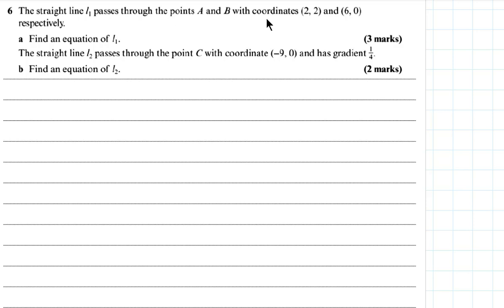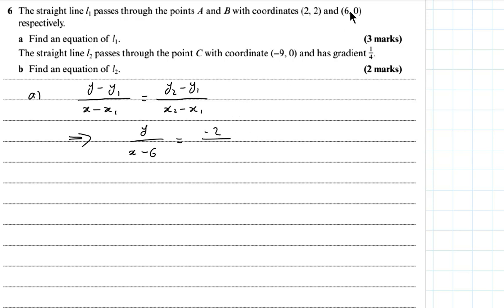Question 6. The straight line L1 passes through the points A and B with coordinates (2, 2) and (6, 0) respectively. Find an equation of L1. Piece of cake, of course, right? Applying this formula, we have y minus 0, which is y, over x minus 6 is equal to 0 minus 2, which is negative 2, divided by 6 minus 2, which is 4, which can be simplified to negative half. Making cross multiplication, you can write 2y equals negative x plus 6, right? Or we can write x plus 2y